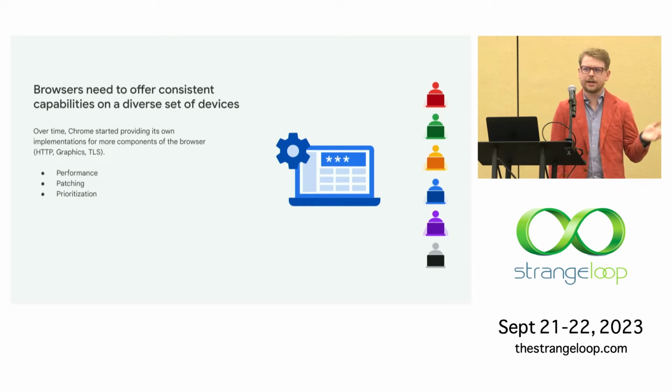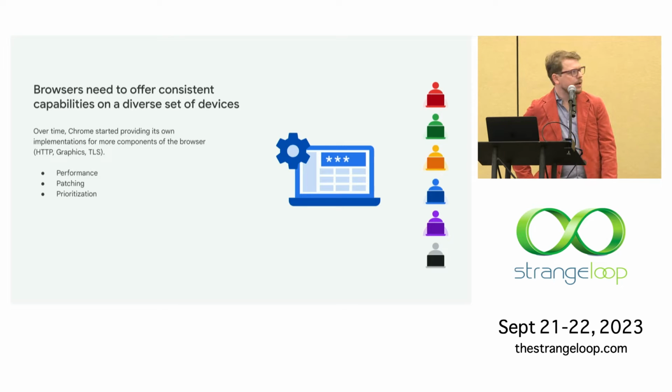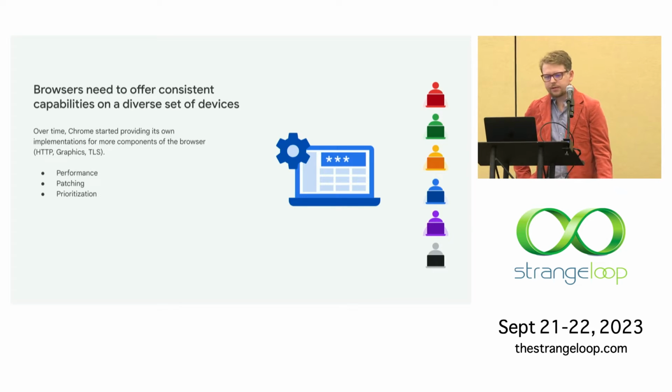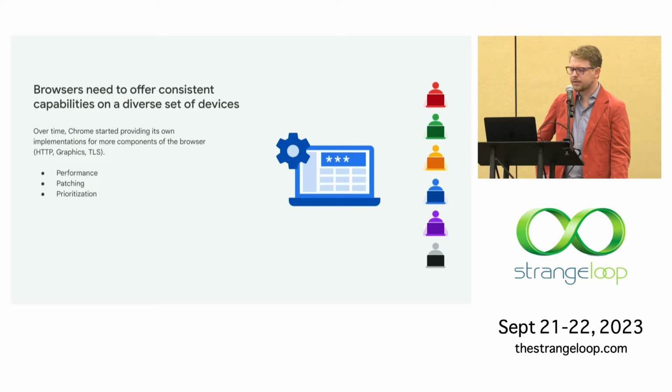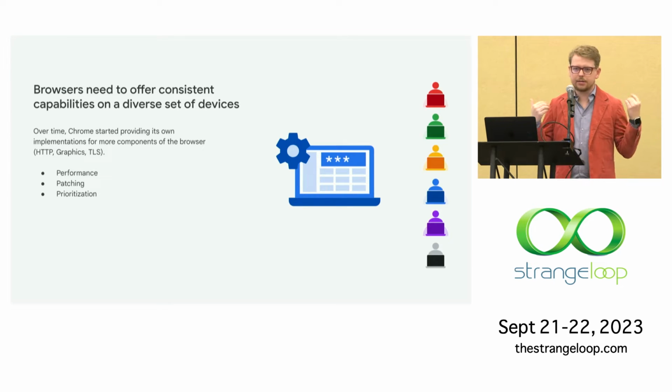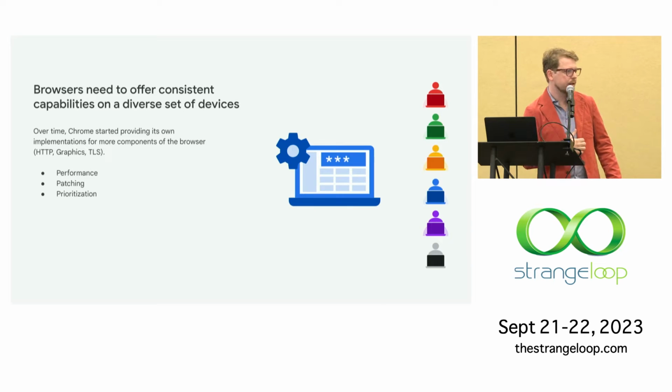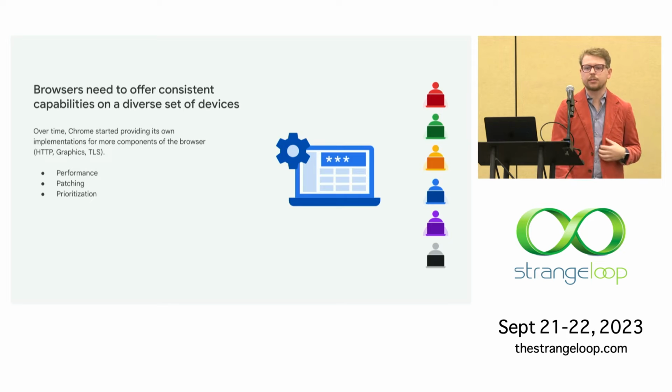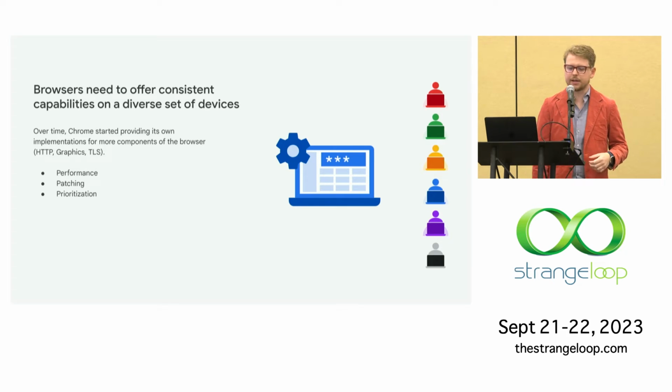It was a new web browser, so it relied on the underlying platform APIs a lot. But over time, Chrome adds more platforms and runs on more devices. And browsers basically are offering a set of capabilities to websites, and they need to do this consistently on a diverse set of devices. And so, as you might expect, browsers eventually start providing their own implementations for things because,